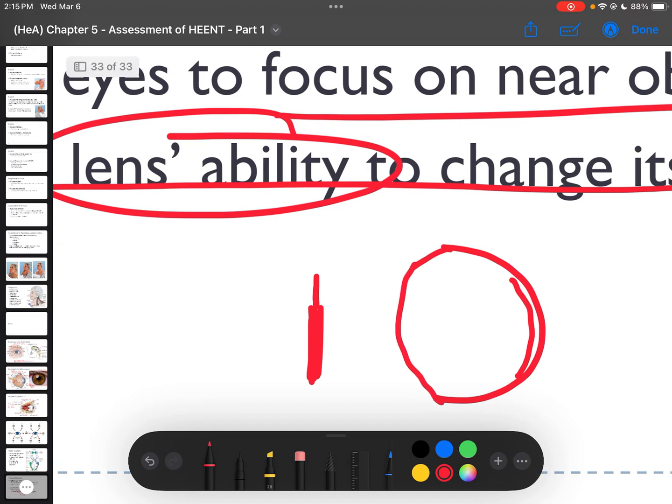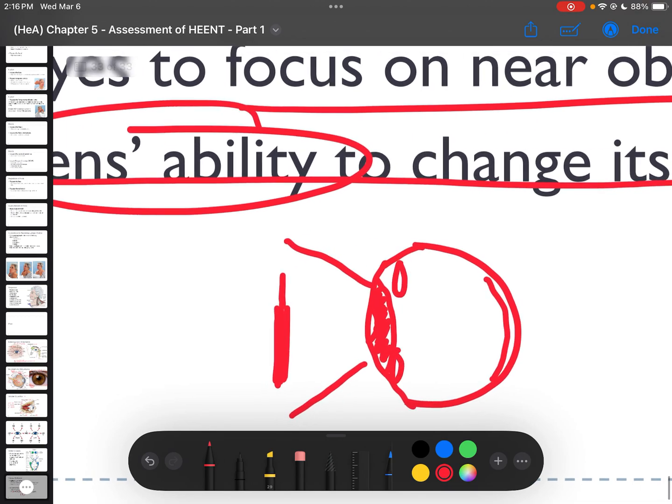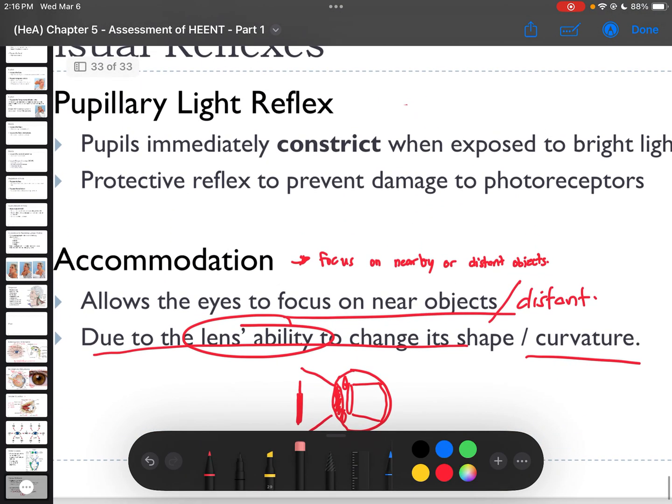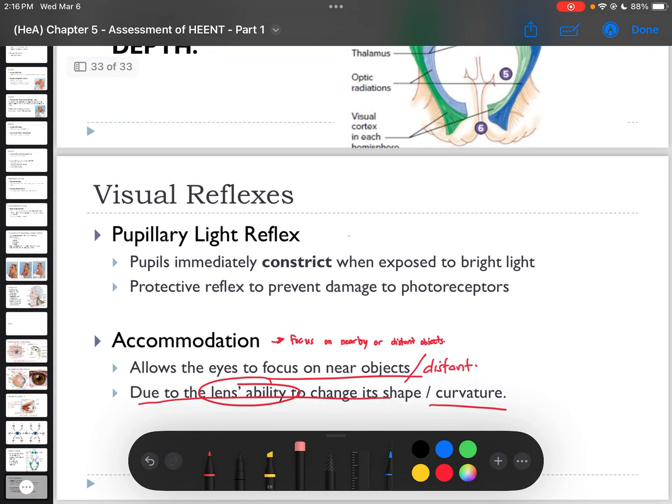If this is the eye, it will constrict. The pupil becomes very small. It will constrict, okay? Because there is too much information now. It's very clear, right? Okay, it will constrict. And the lens will become smaller in size or it will flatten. So that when light enters, instead of overwhelming the eyes, the flat lens will just focus it on the retina itself. That is how it does accommodation. And with that, we are done with the